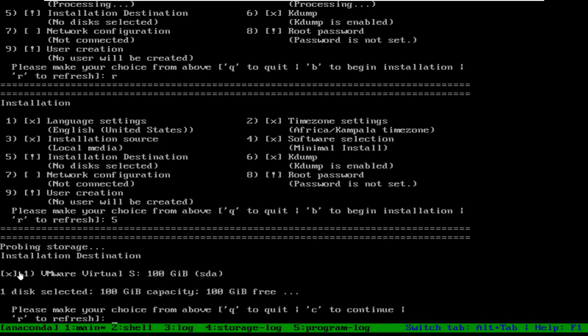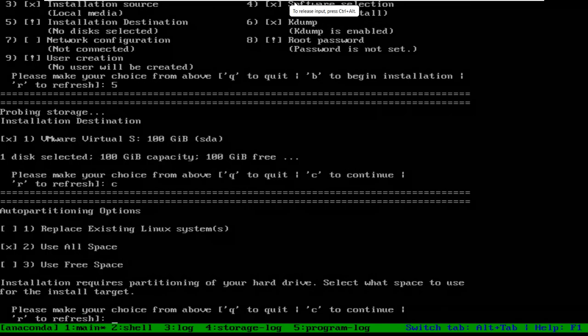But right now we have only one, and that is already selected here. So we don't have to do anything else. It is saying one disk with 100 GB capacity, and total is free. If you have multiple disks, then you can choose from the disks. Like if you have 4 disks, then you can select which disk you want to install on. Right now I have only one disk, so I will go with this and press C for continue.